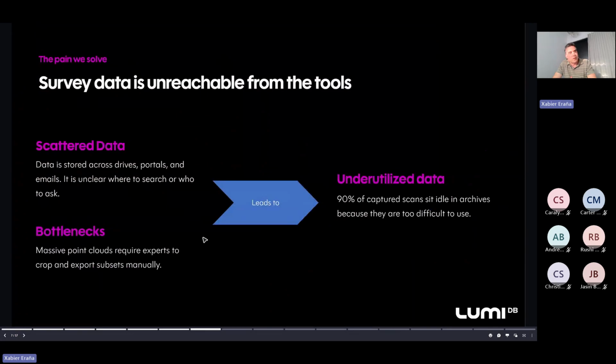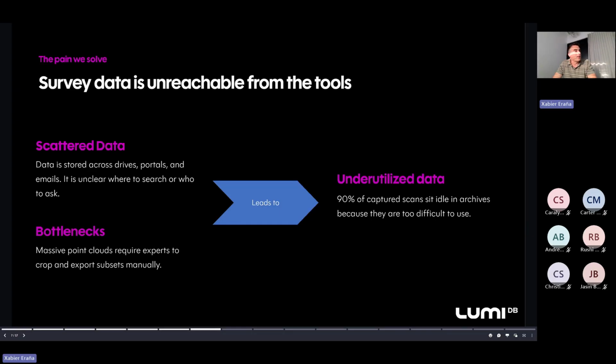There are two different reasons. One is that data can be scattered across different teams, which may have different drives, portals, or sometimes it is even an attachment in an email, which is difficult to reach, difficult to search, and difficult to share.